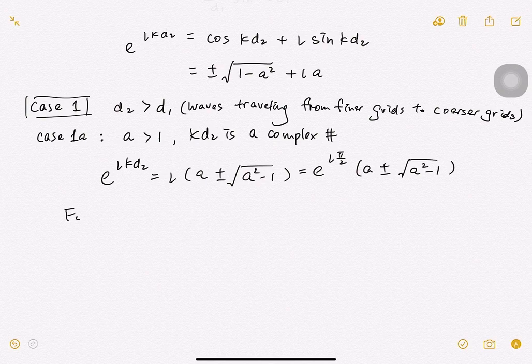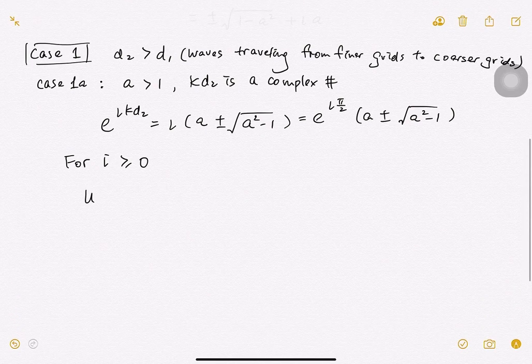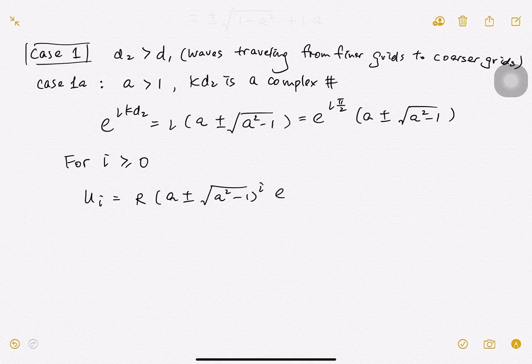Okay, and then for I larger than or equal to 0, which is on the right hand side, U I equals to R A plus or minus C squared minus 1 to the power of I, and then E iota pi over 2 minus omega t. Okay, we have taken something out from the x depending term, and